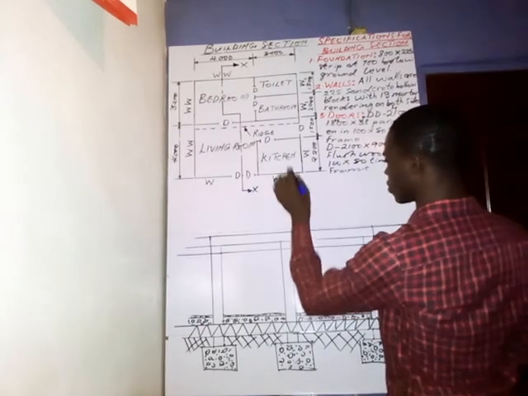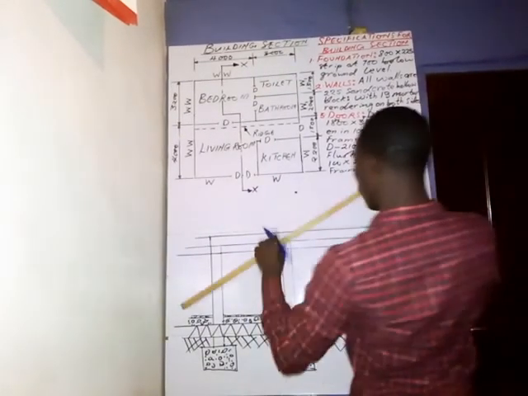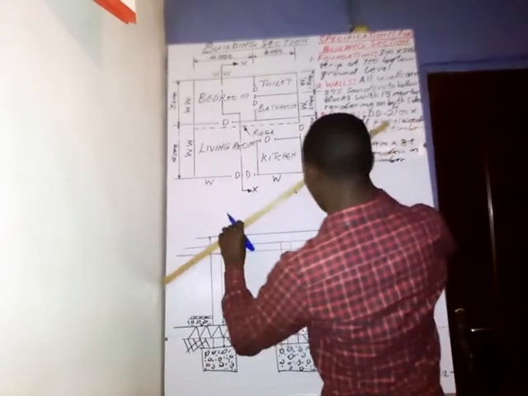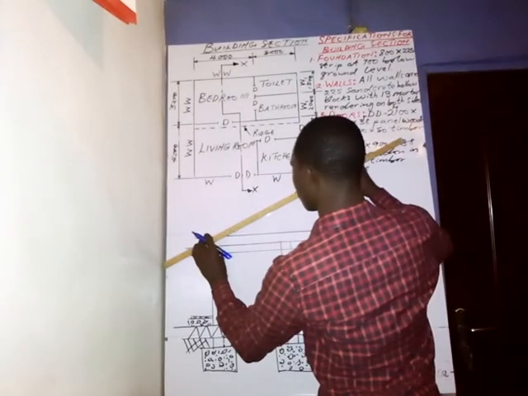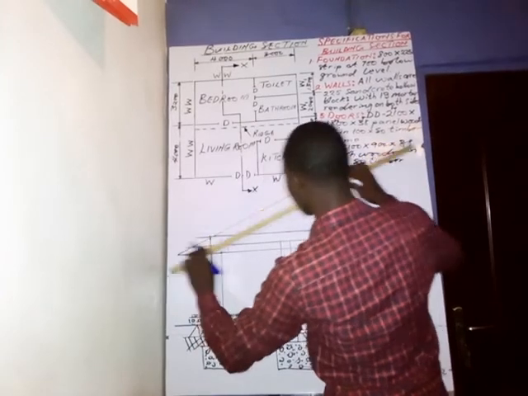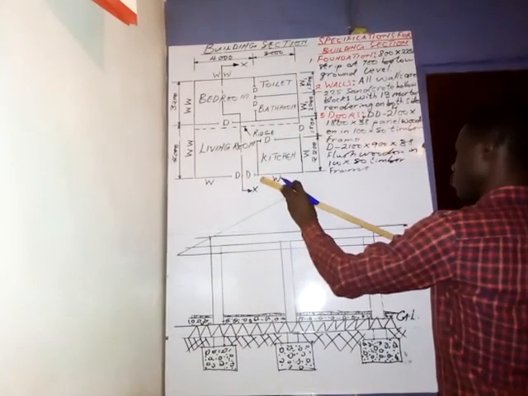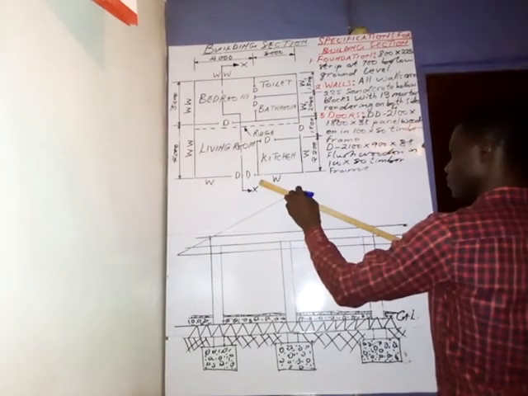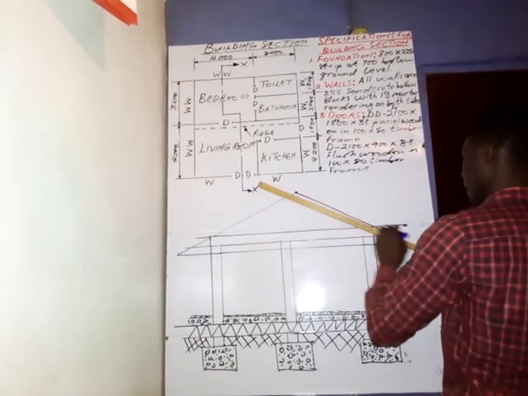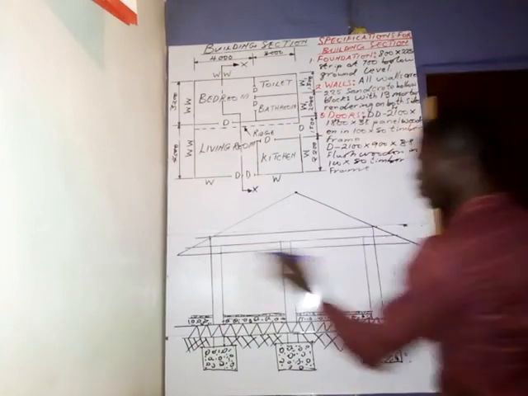So let's say it touches here. So put it here, you have the same thing. So what you just need to do now is that from here, you produce a slanting line like this, and then from here you also do the same. So produce a slanting line like this at an angle of 15 degrees. Alright, so after doing this,